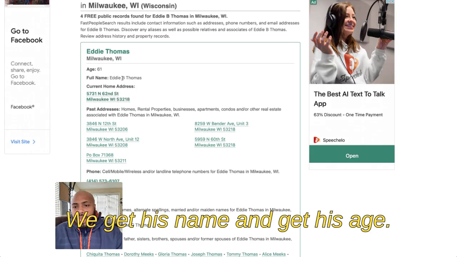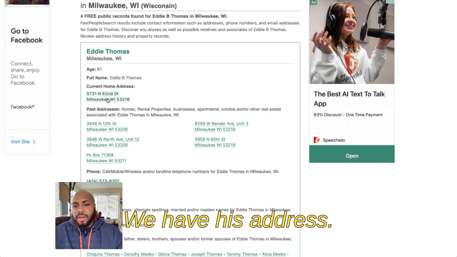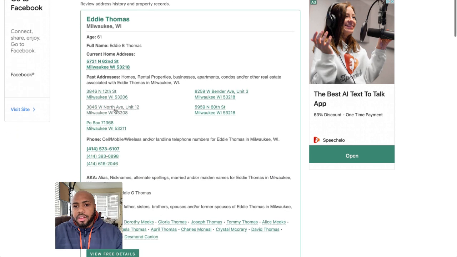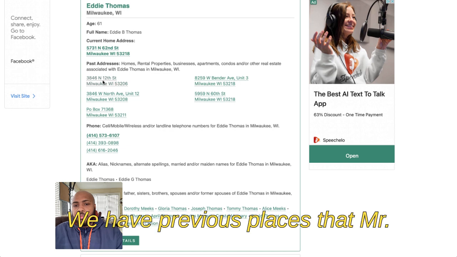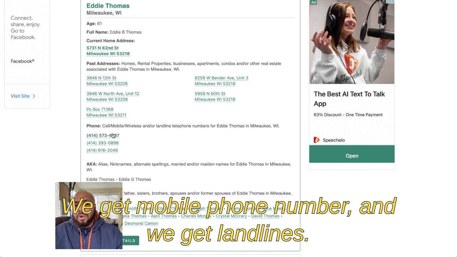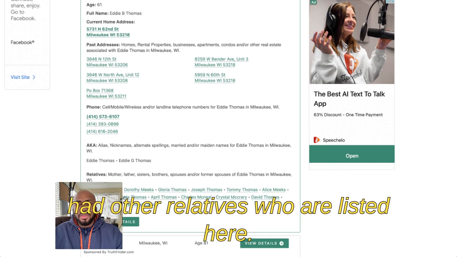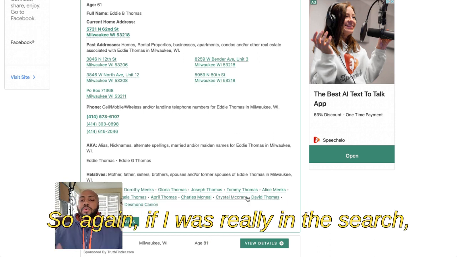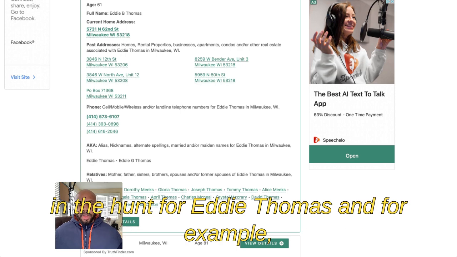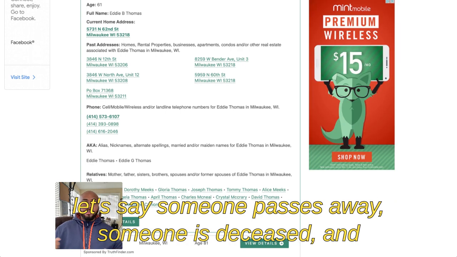We get his name, we get his age, we have his address. We have previous places that Mr. Thomas has lived. We get mobile phone number and we get landlines. We're also able to see if he had other relatives who are listed here. So again, if I was really in the hunt for Eddie Thomas, and for example, let's say someone passes away,